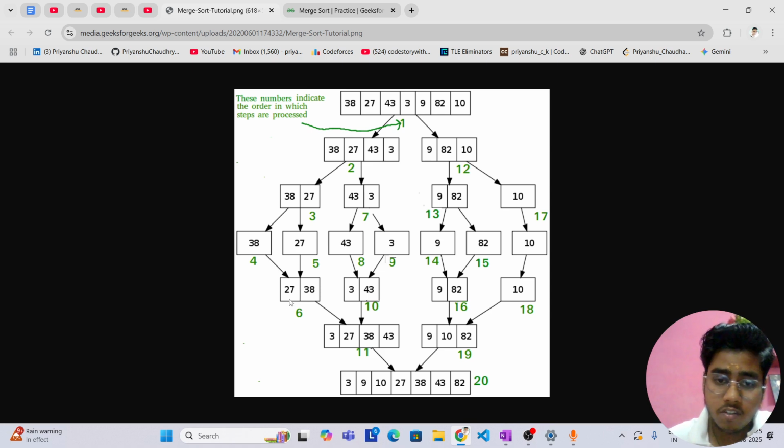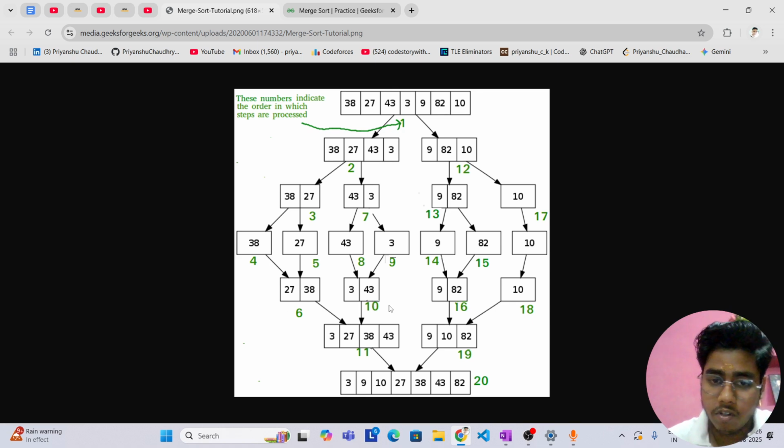So left pointer will be at the starting of 6 and right pointer will be at the starting of 10th array. So we have compared 27 and 3, and the smallest one we will push back in the temporary vector. Now we will move the right pointer ahead.